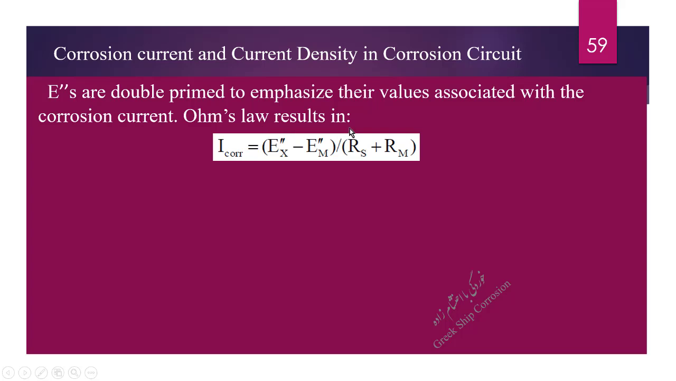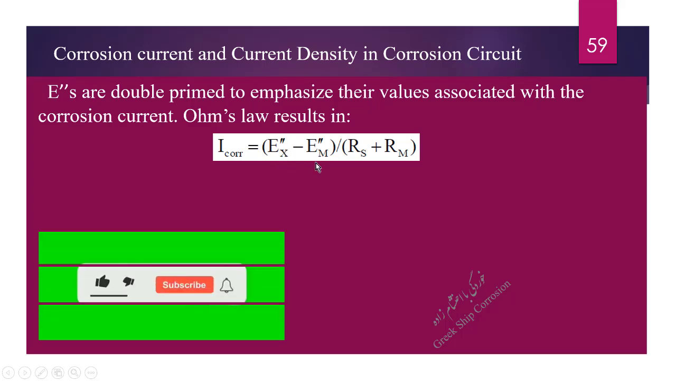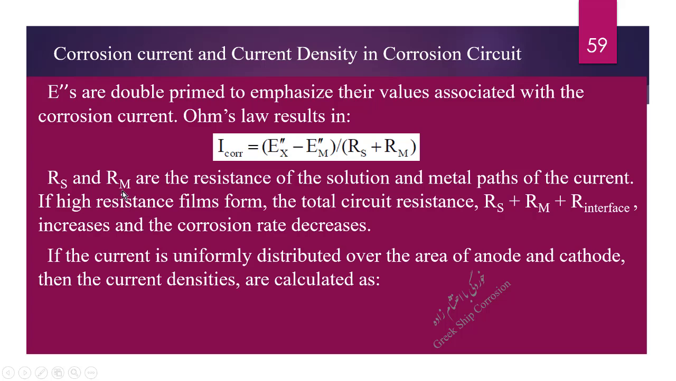Ohm's law results in I corr equals E double prime x minus E double prime m divided by the sum of Rs and Rm. Rs and Rm are the resistance of the solution and metal paths of the current. If high resistance films form, the total circuit resistance Rs plus Rm plus R interface increases and the corrosion rate